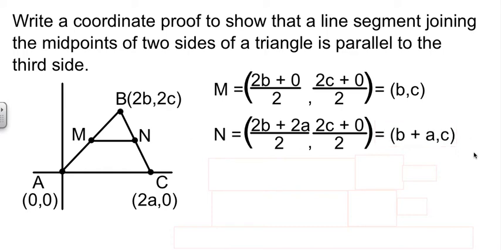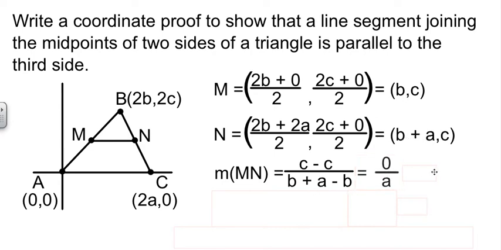So we get b plus a for that value, and c for this one. Now we're ready to find some slopes. The slope of line MN is c minus c